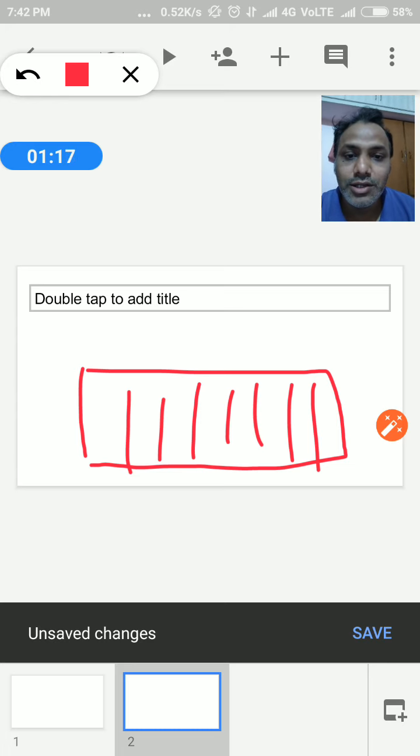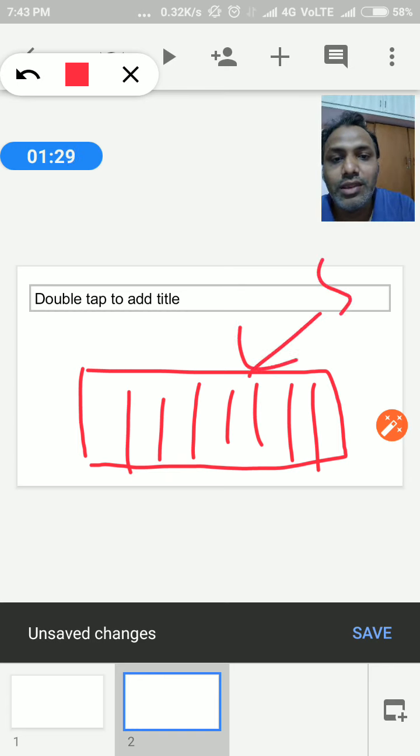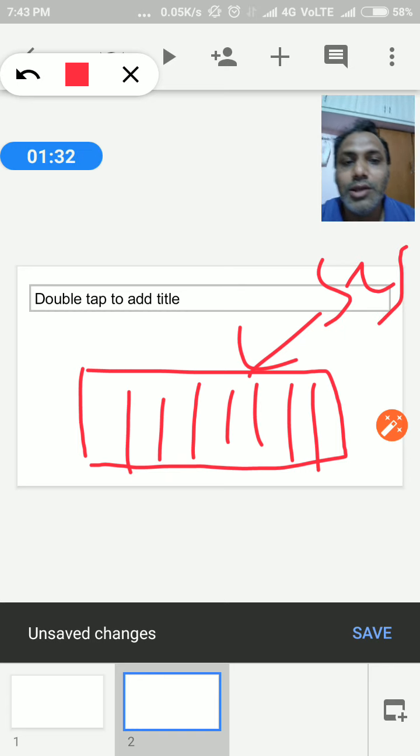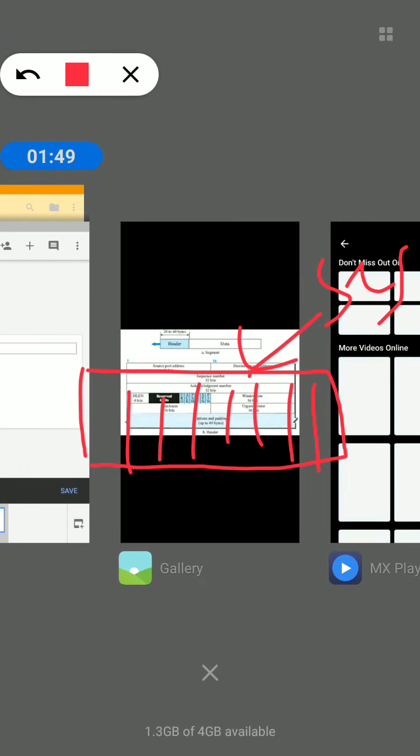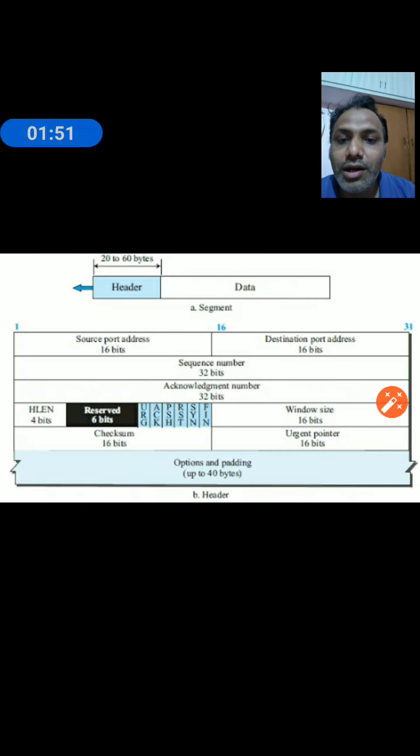These are the bytes, and the lines included as bytes we call segments. The size is 32 bit, so 2 raised to 32. That is how many bits we have to take for the size.